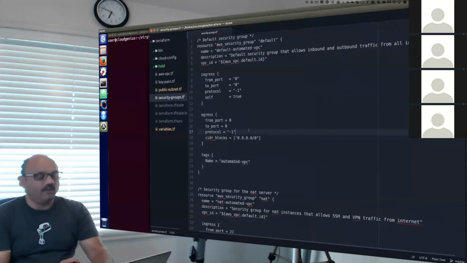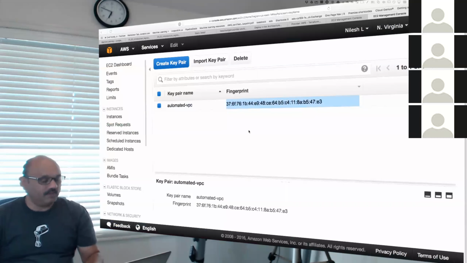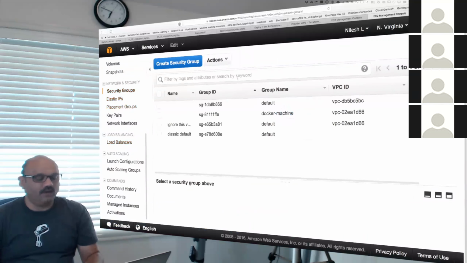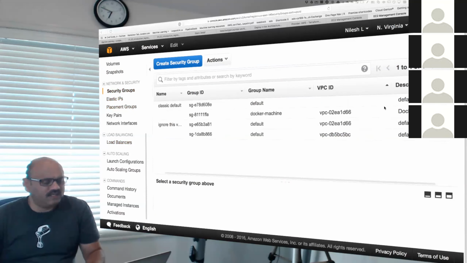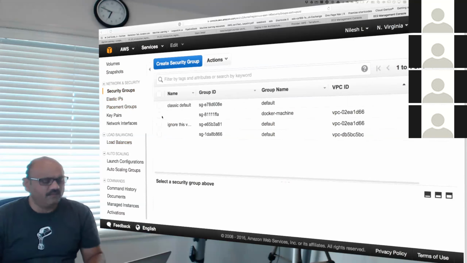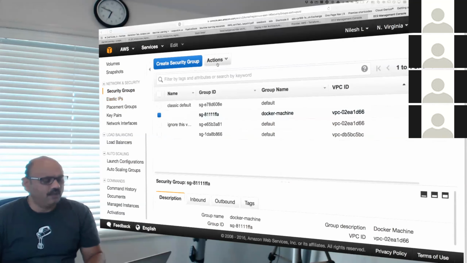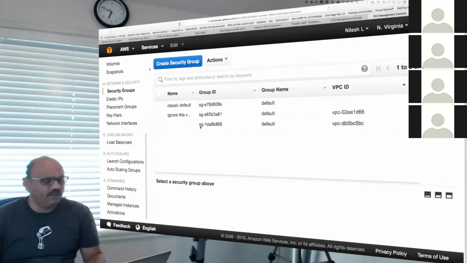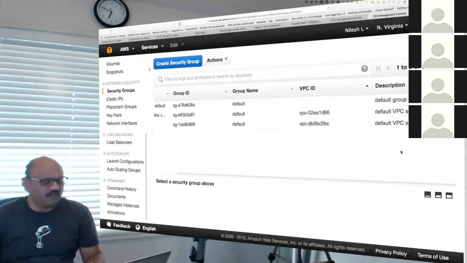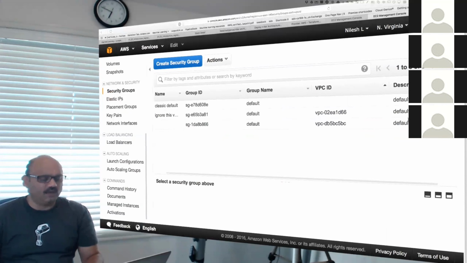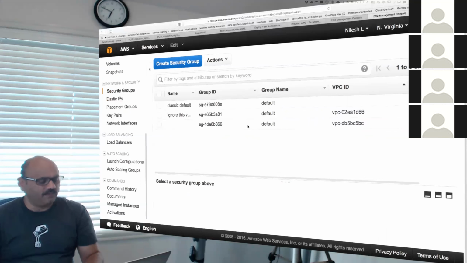And here we go. So this is a file that is going to create security groups for us in our Amazon console. If you look at our Amazon and look at the security groups right now, we have for our VPC IDE. Let me delete some other unnecessary security groups here. So we have this Docker machine security group. I want to delete that. So go get rid of it just to cut down any confusion. And these 3 are defaults. I cannot delete them. I wish I could, but I cannot. I cannot delete default VPCs and default security groups as such. They're just given to us.